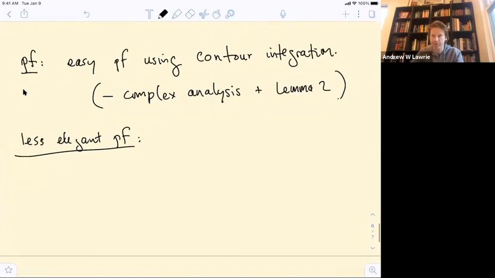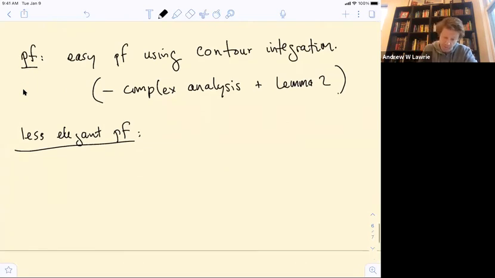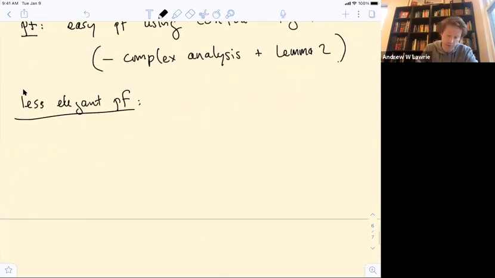So another proof is we're going to set up an ODE argument. Even if this proof is pretty elegant too, it's less elegant than the complex analysis one, for my taste. So let's let f of c equal